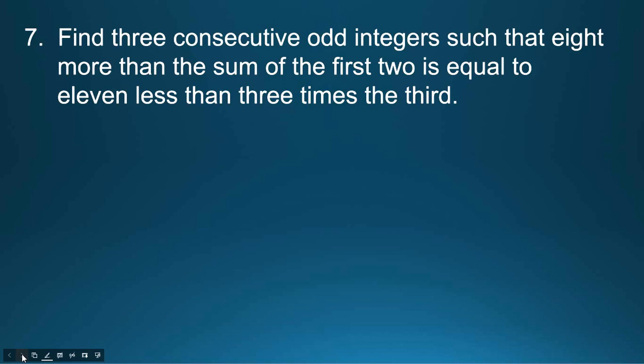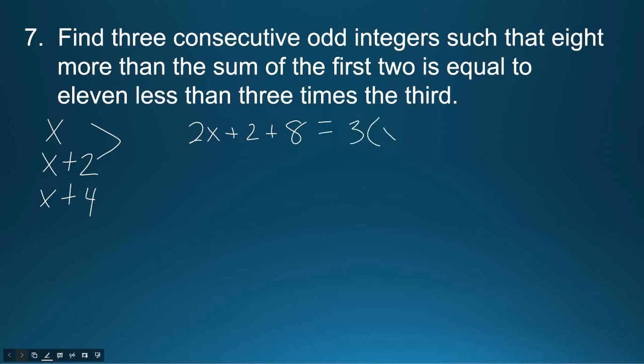Consecutive odd this time. So 3 consecutive odd integers such that 8 more than the sum of the first two is equal to 11 less than 3 times the third. Ooh. So x, x plus 2, and x plus 4. Remember, even and odd numbers are always 2 apart. Such that 8 more than the sum of the first two. So that would be 2x plus 2 plus 8 is equal to 11 less than 3 times the third. So 3 times the entire third